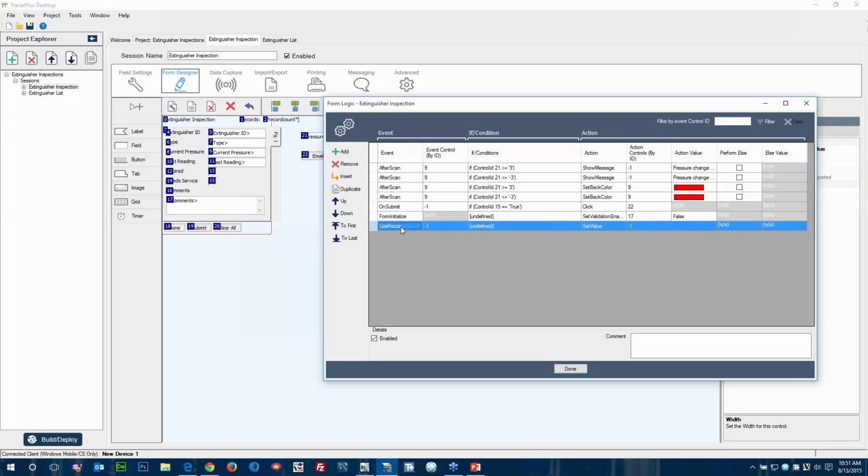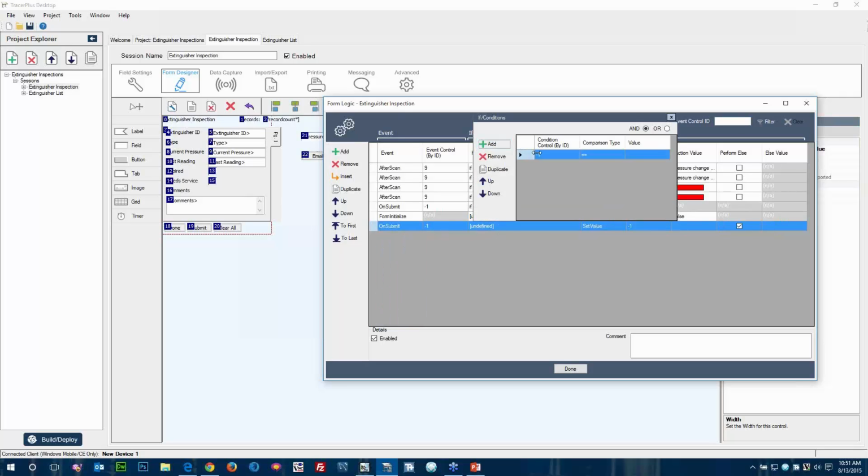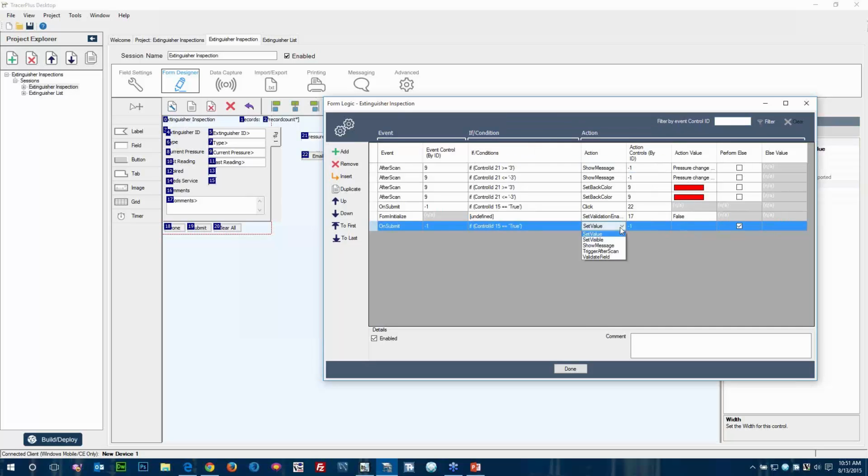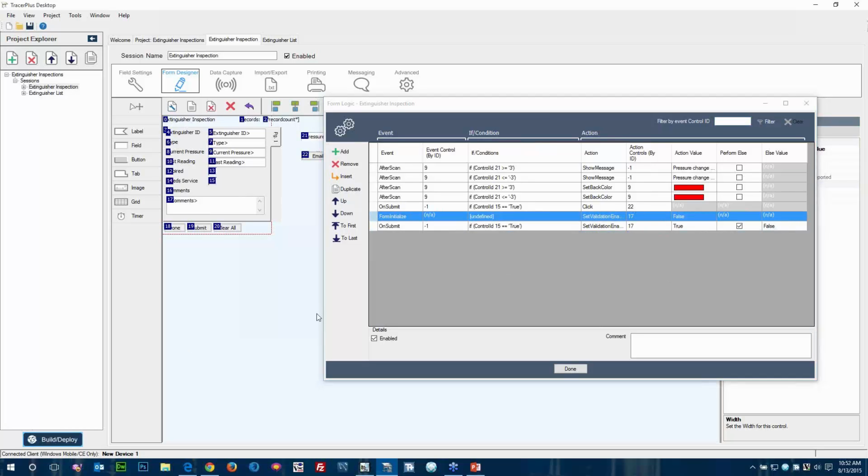So now we want to enable that validation when need service is checked. So we'll add another rule here. We'll call this on submit. And we'll do an if condition, probably similar to our email rule. So if 15 is equal to true, then we want to set validation enabled of 17 to true, and then in this case we do want to do an else false. Now if I deploy this,